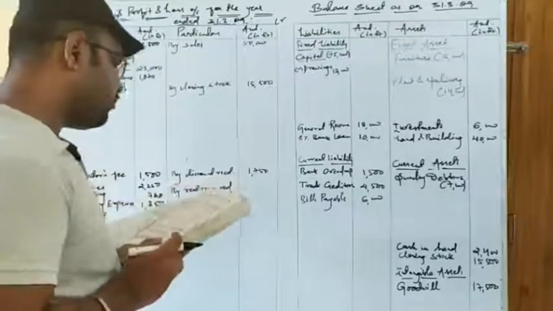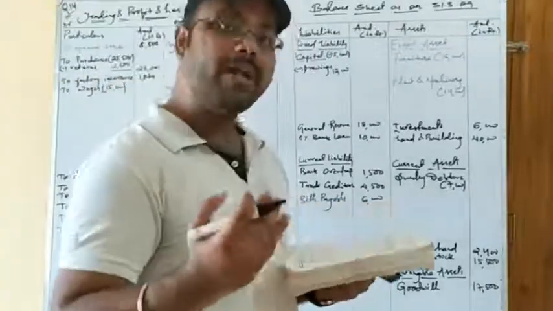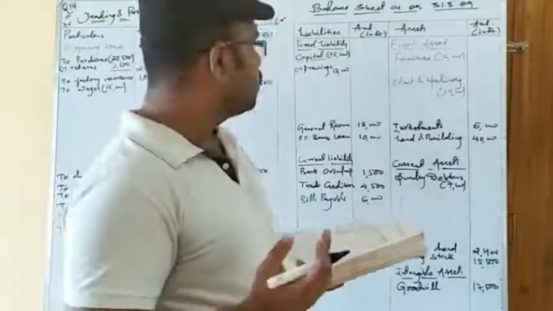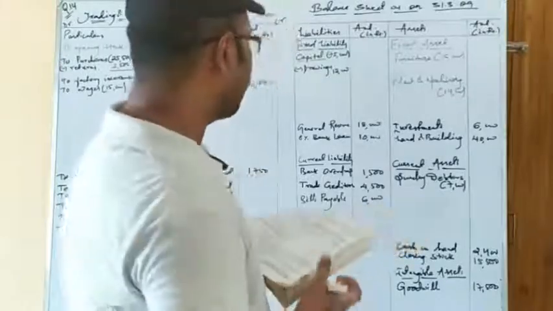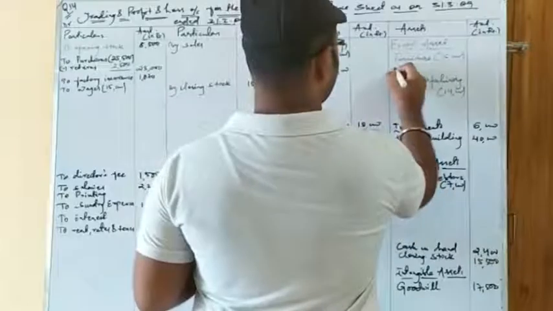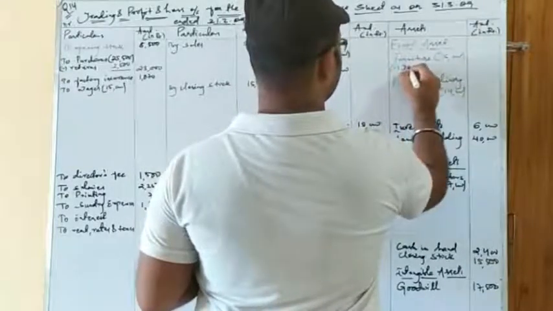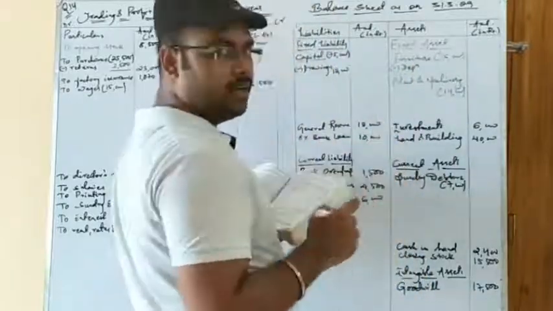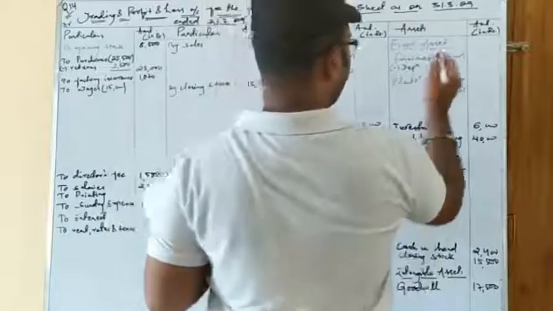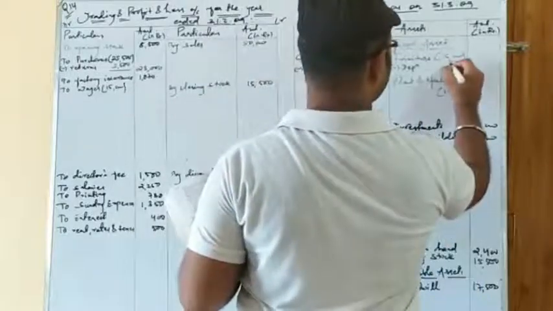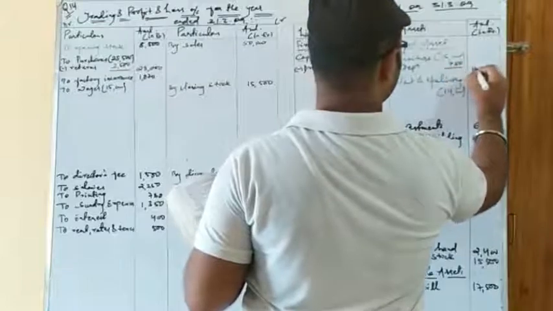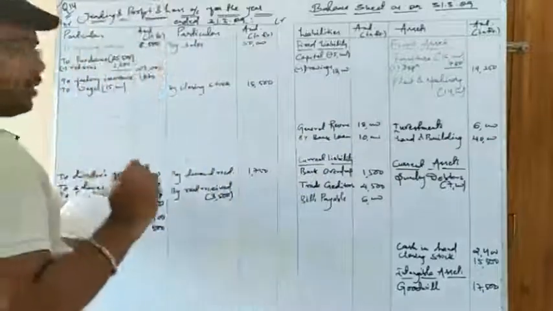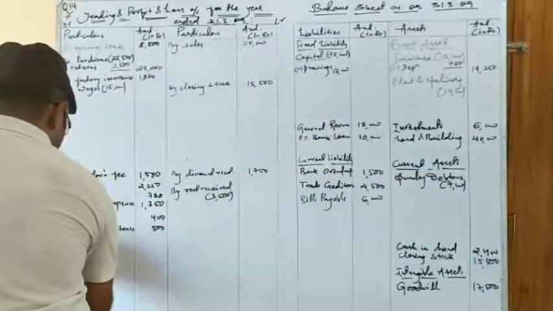The next adjustment is to depreciate furniture and plant and machinery by 5 and 10%. That means furniture you have to depreciate by 5% and plant and machinery by 10%. First of all, let us depreciate the value of furniture by 5%. So less depreciation. I have written it short; while you post this item, please write it in detail. To avoid space, I have written like this. So 5% of 15,000 is 750. The value that we get is 14,250. And the value of depreciation is to be taken to the debit side of the profit and loss account. So we will write here to depreciation.